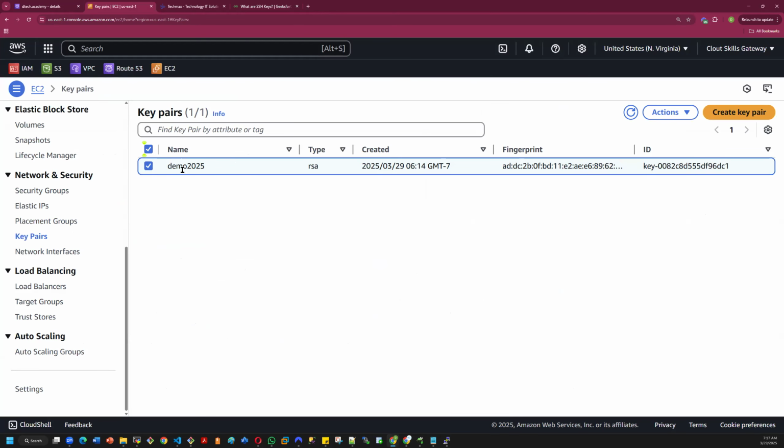But PuTTY uses, when we create, see this one here is .pem. If you look at this, it says .pem. Whenever we create the EC2 instance, remember I told you guys that. So if I go back to EC2,